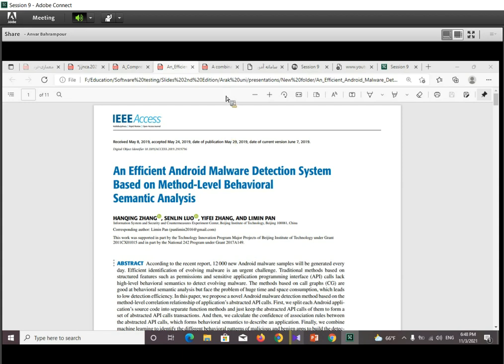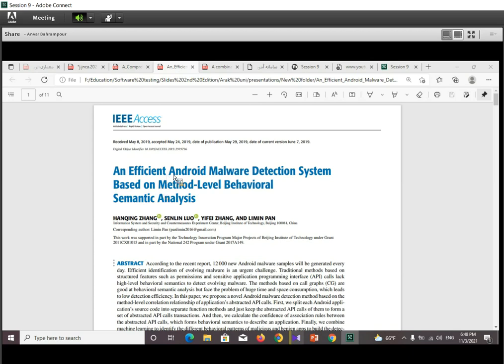And at this session, I chose two papers as selected by Mrs. Noor and Mrs. Hannah. First, we explain the paper selected by Mrs.